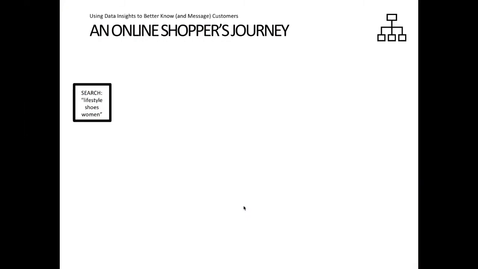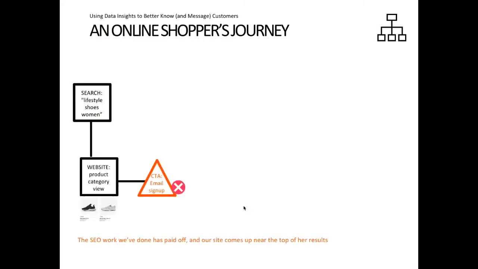And doing this search, she's coming up on a website. For the purpose of this demonstration, I'm using Nike because they're the number one ranked organic result. But you can substitute this with any kind of industry or any kind of brand. She goes to the website and views some products, specifically a product category, lifestyle shoes for women, because Nike did a really good job of creating a category called lifestyle shoes. And she looks at a couple of them. We have a CTA on this. It's an email sign up. Please sign up to get our email, this is the standard play, right? Well, she doesn't go for it, and we lose her.